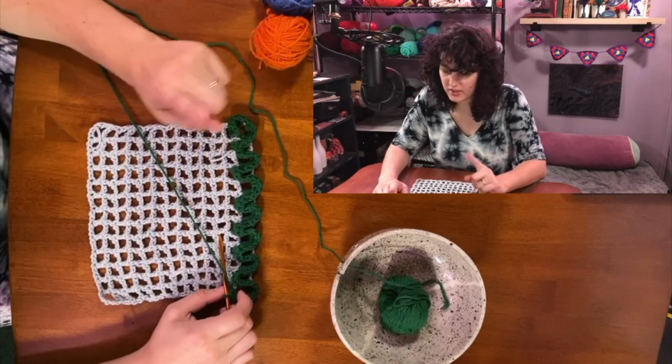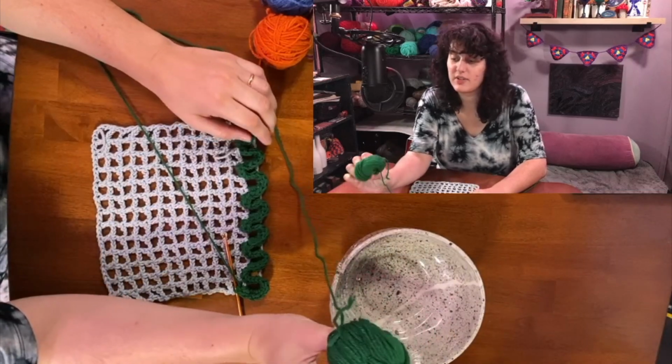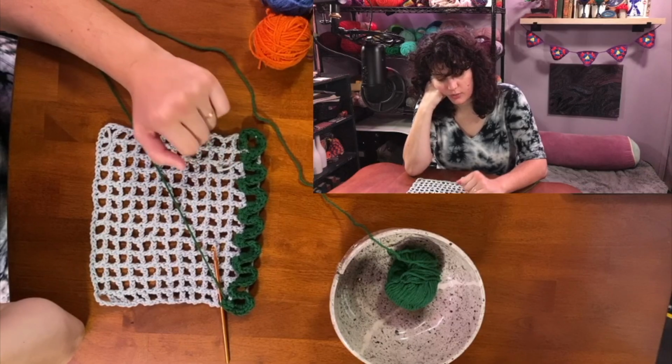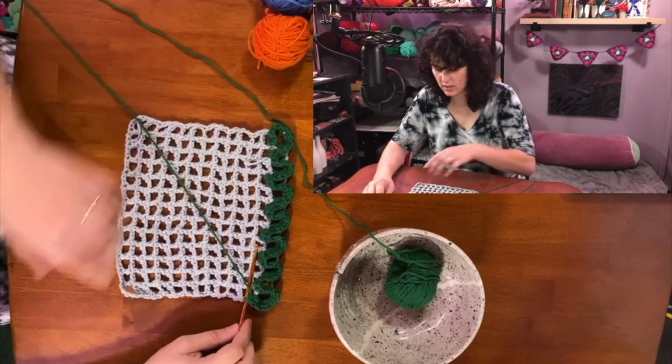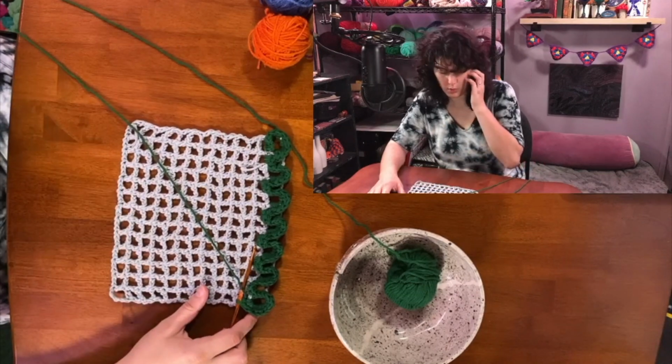All right, I will say that I think I have definitely overestimated how far this green yarn is going to go, and that maybe I should pull it off and move to one of the inner rings, but I feel like I've got to give it a fair shot because I'm really bad at estimating that. Every time I'm like, oh, there's not going to be enough, I have plenty. So I'm going to keep going with the green and hope that I can get through this full row, but this 1/4 of it did take like half of that ball of yarn with it, so